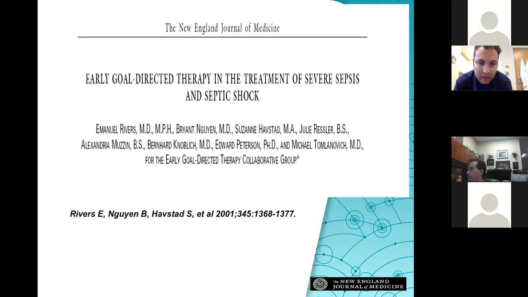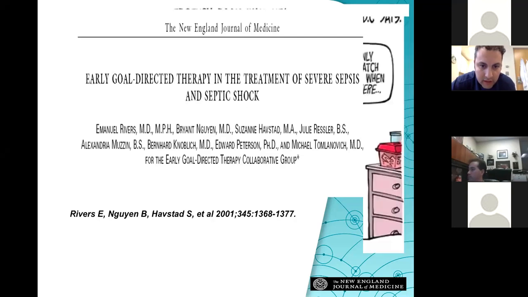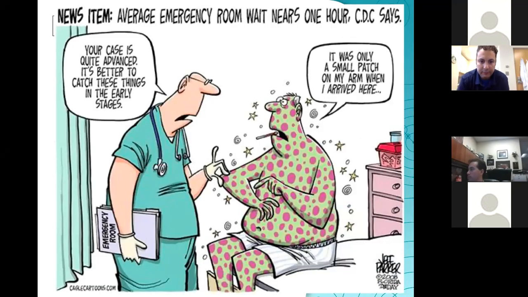But I think the reason is that everyone is now giving attention to recognition of septic shock patients, and getting early aggressive treatment is the goal. So this is a little bit of a sarcastic slide, but actually in reality, this is what he did. His goal-directed therapy tells us that if your patient walks into the ER with one spot or one sign of septic shock, and by the time he was seen, he was full of those spots, he is too late, or maybe we are too late in seeing this patient.